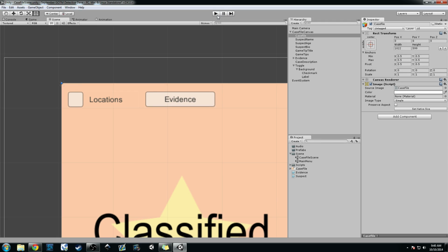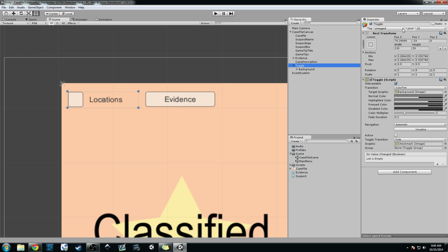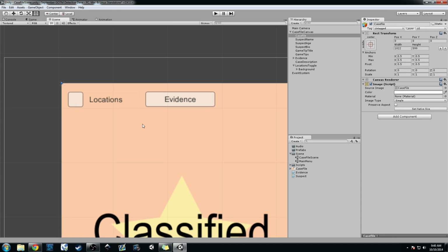So we want to inactive it first, because when it's active, we want to show a whole bunch of buttons. So that's what we're going to do now. Actually, let me change the name of this to locations toggle. You just click on it in the inspector up by the game object. You do that,